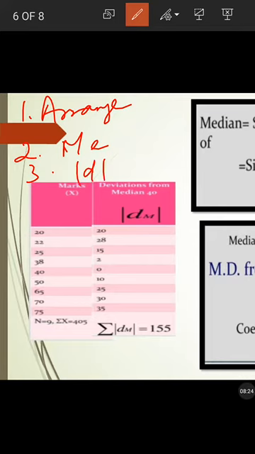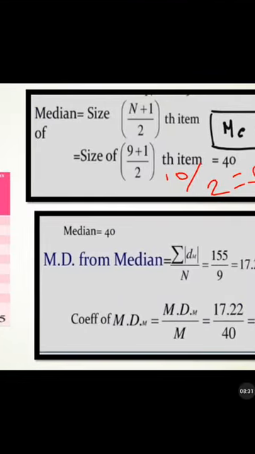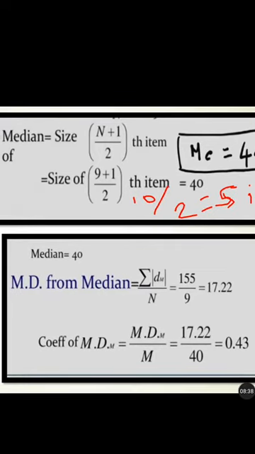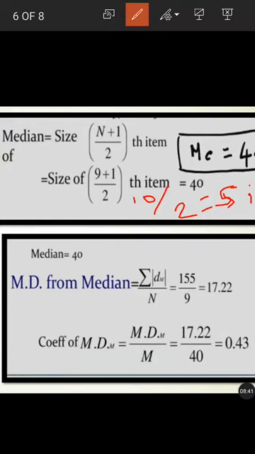Okay, then we have to move on to the formula. What is the formula? The formula is mean deviation from median is equal to summation d bar divided by n, that is 155 by 9. What is n? என்னன்னா என்னது? என்னங்கிறது வந்து எவ்வளோ வேல்யூஸ் இருக்குது, எக்ஸில் வந்து எவ்வளோ வேல்யூஸ் இருக்குன்னு எடுக்கிறோம். ஸோ n is equal to 9. Okay, that is 155 divided by 9, that is 17.22. Then coefficient of mean deviation, that is mean deviation divided by median, that is equal to 17.22 divided by 40, that is 0.43. So it's very simple.